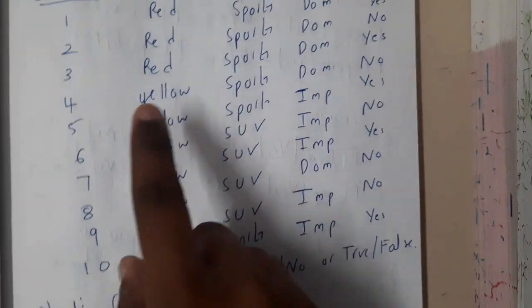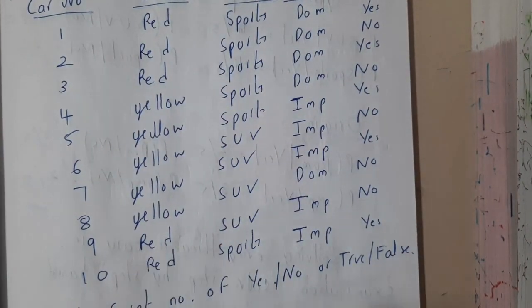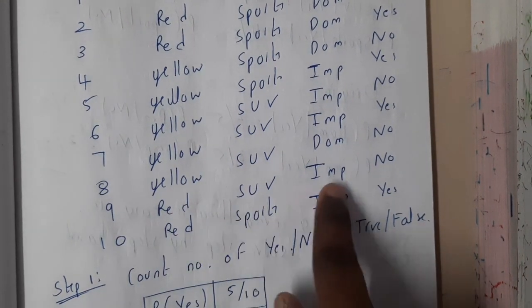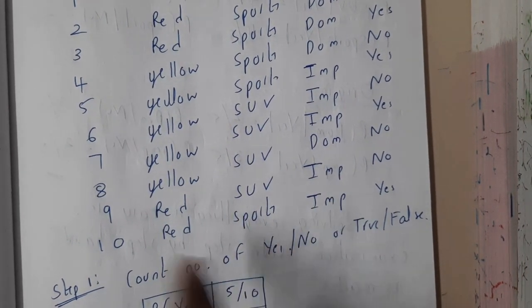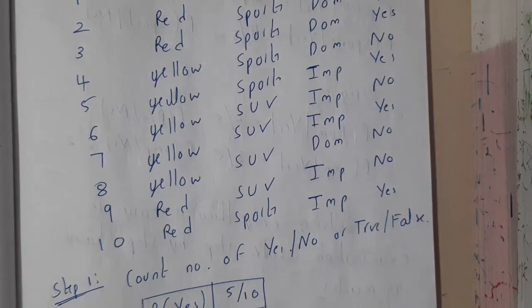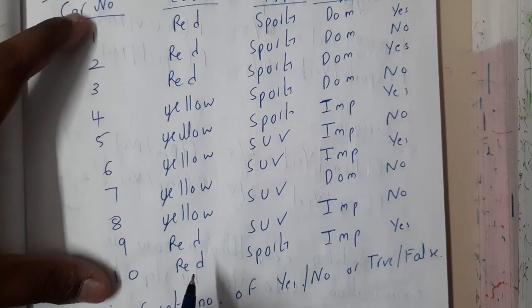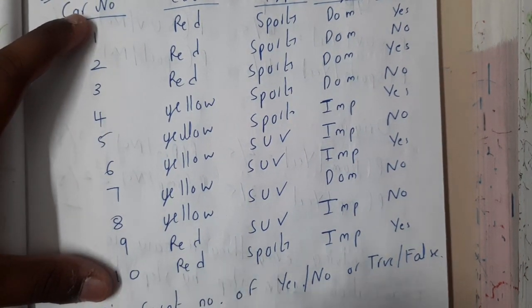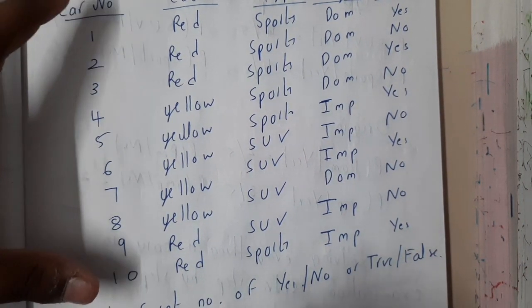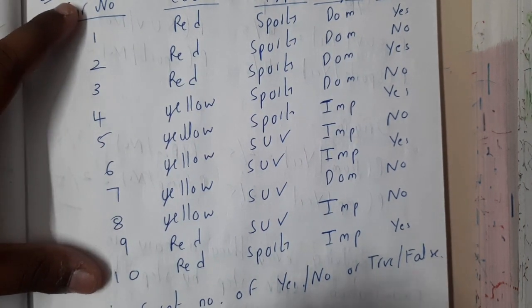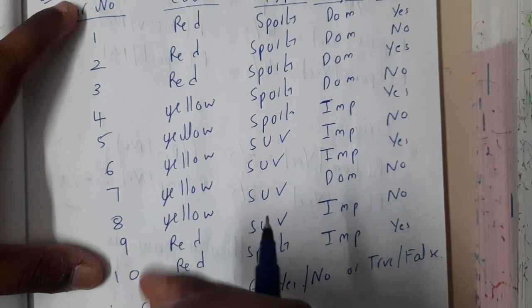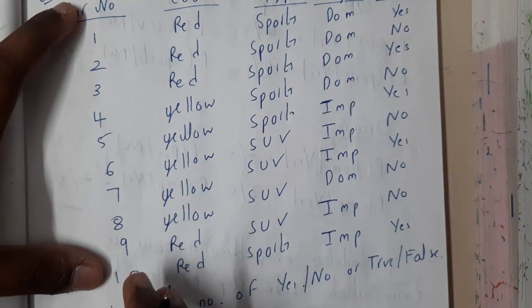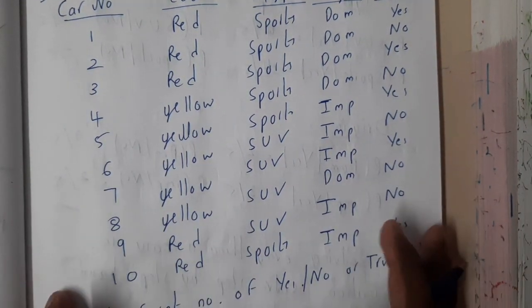So for this data, what will be the answer is the question. For that data we do not have the value here. The given one is a red SUV and domestic. We only have red SUV and imported. So that is the reason why you need to first analyze these things. Based on your analysis, you will be creating a classifier, using which you will find the output for his requirement. That is the goal of this problem, guys.